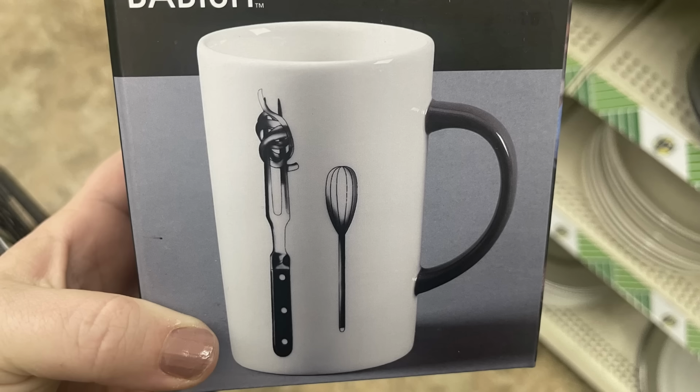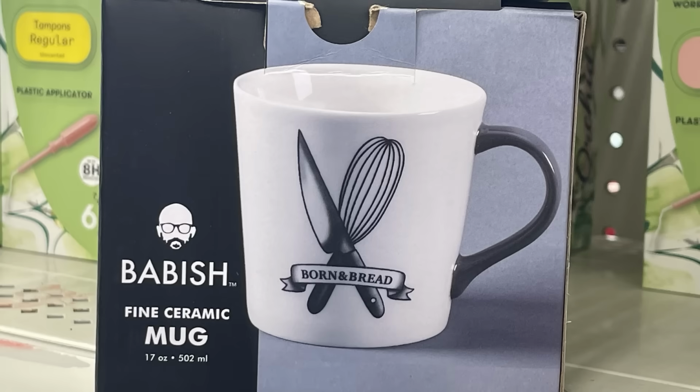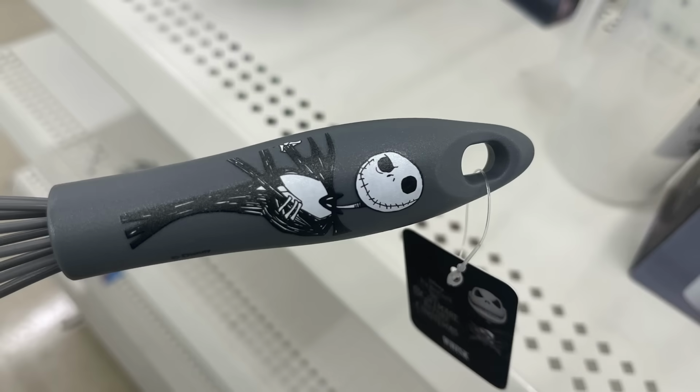More of the Babish coffee mugs. They have this design here, which we showed last week, and then I found the Born and Bred design. We've also got these Disney